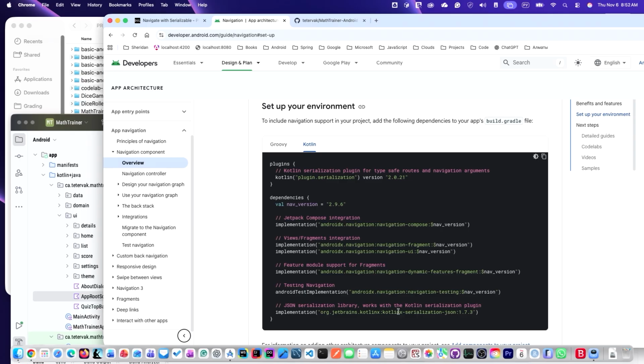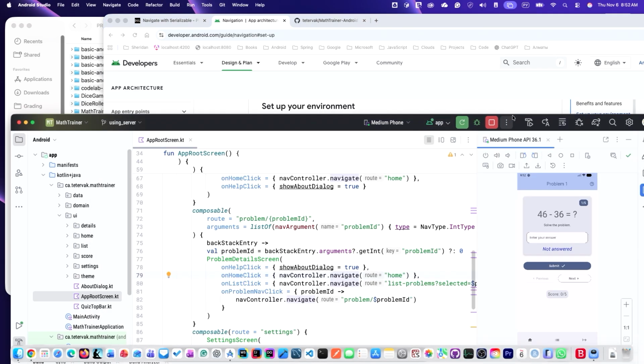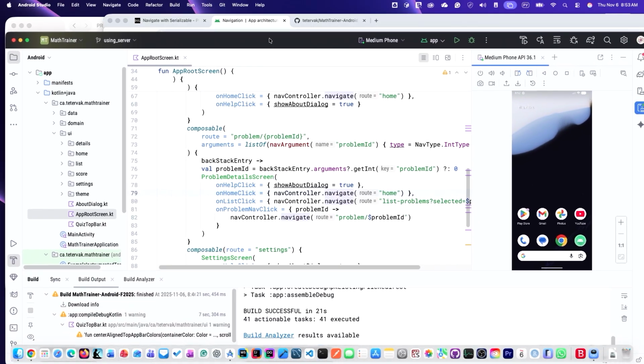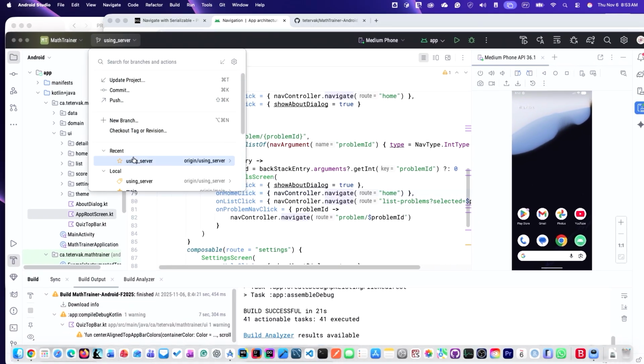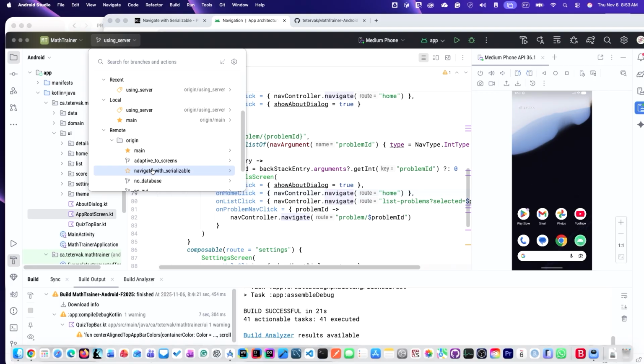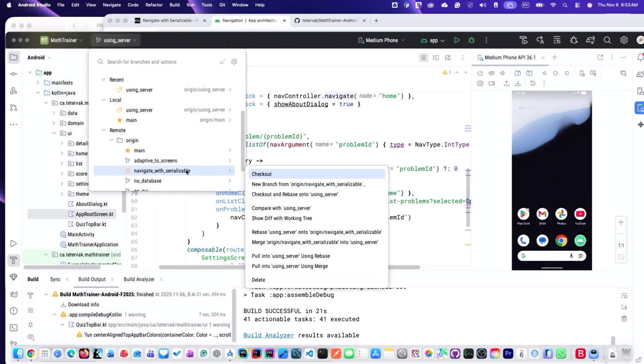So bottom line, if I have a project that is already retrieving data from web using Kotlin serialization and Retrofit, we don't need to add any libraries when we convert our code with navigation with strings to navigation with serializable objects. So it is the same libraries that we already use. Okay. So let's switch branch. So let's stop it. Let's switch branch to where I have code, navigate with serializable objects. This branch,